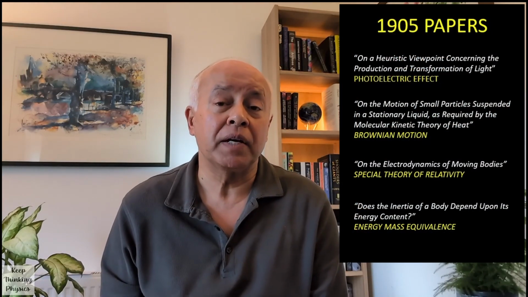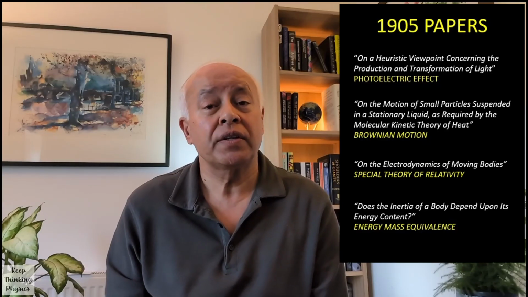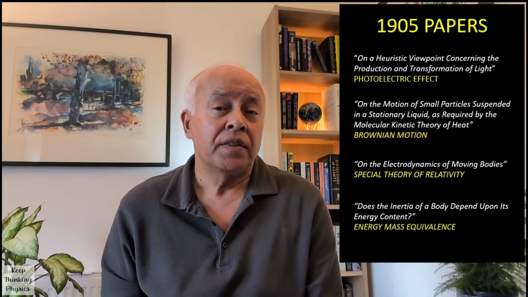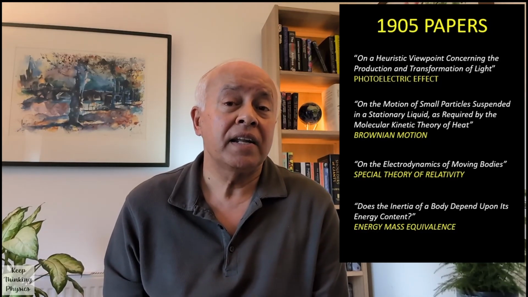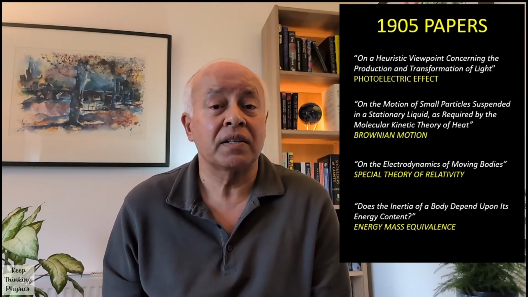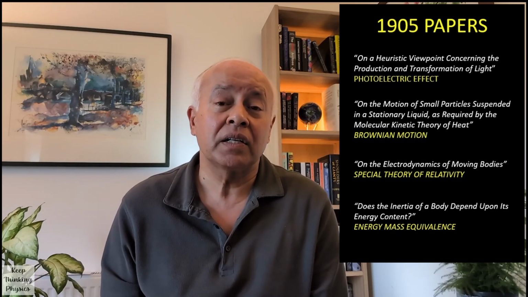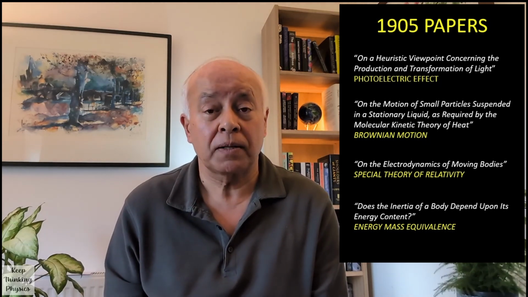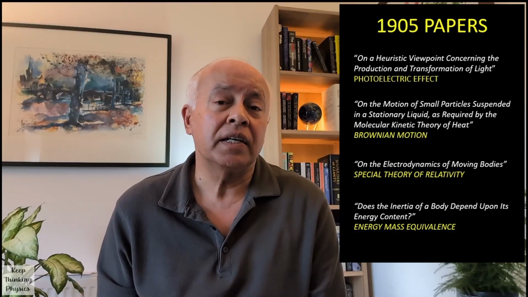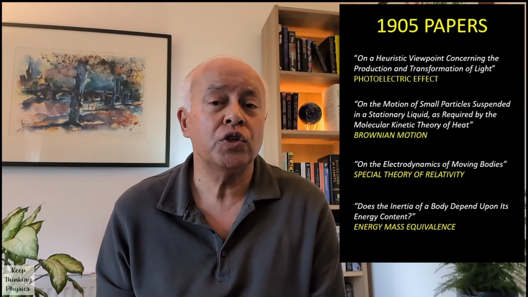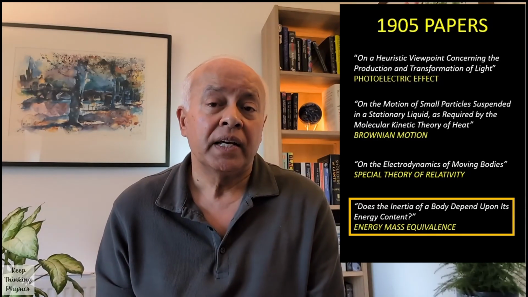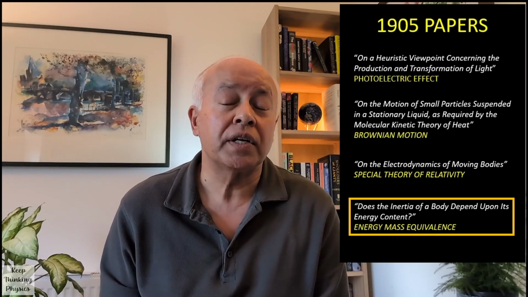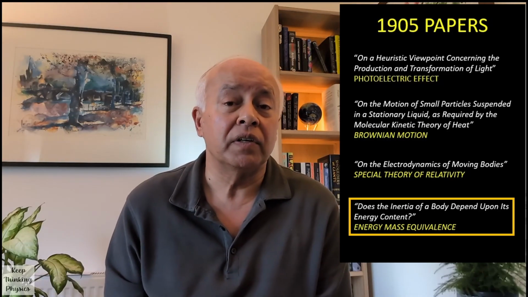In 1905, Einstein published 4 groundbreaking papers, and for the first one he was awarded the Nobel Prize for Physics. The third paper is where Einstein proposed the special theory of relativity, and in that paper he detailed the postulates of relativity and derived detailed equations for the effects he was proposing. But a few weeks later he published a short follow-on article which used the results of special relativity to explore a new idea. It is in this paper that Einstein showed that mass and energy are equivalent and linked by